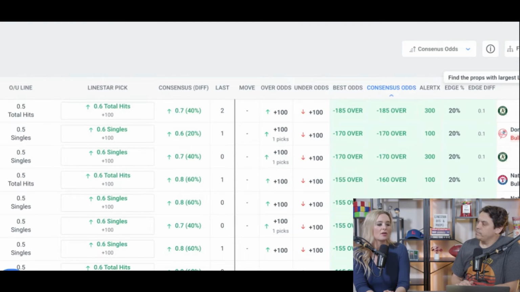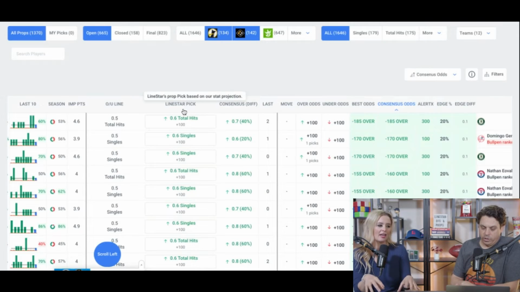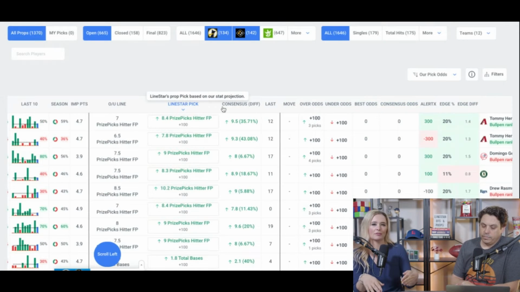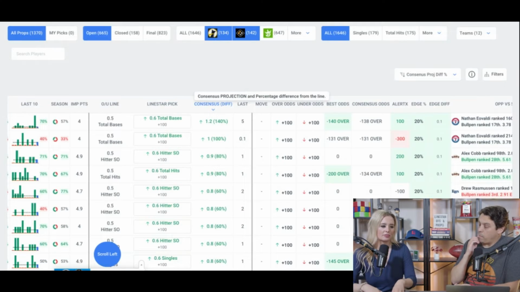worse. All right. So you go by consensus, best odds. For me, I kind of just toggle the different columns to see what's out there. Absolutely. And then I go from there. I don't necessarily just take the top pick every time, but I'll start with sorting by the consensus or the best odds column, and then